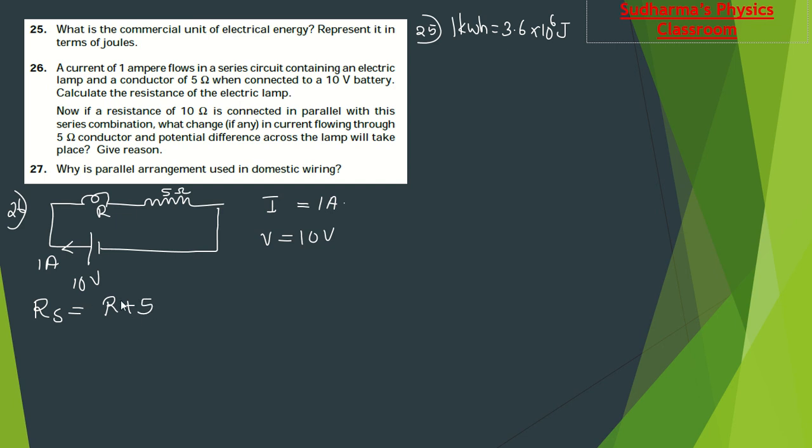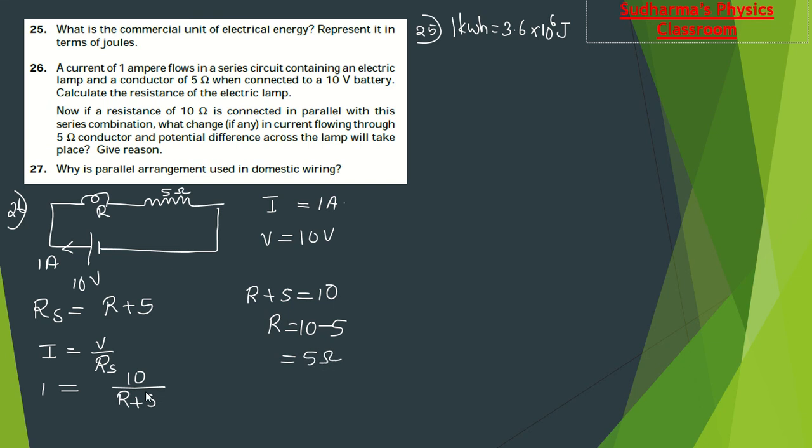So total current I is equal to V divided by RS. So I is 1 ampere is equal to V, which is 10, divided by R plus 5. Taking this R plus 5 to the left hand side, I get R plus 5 is equal to 10,